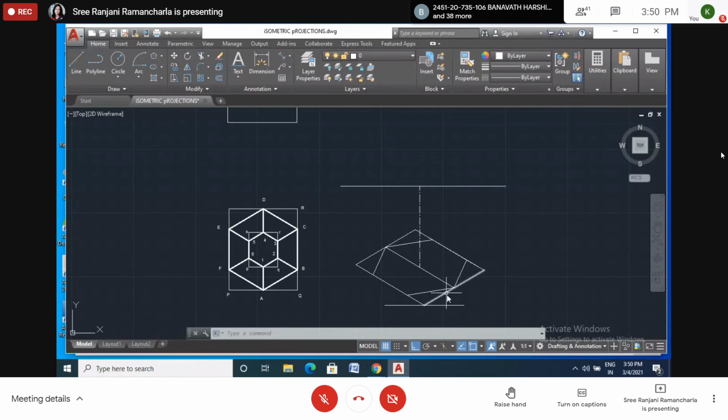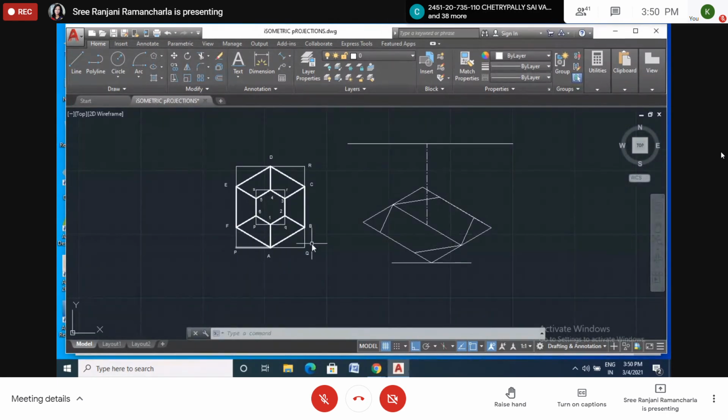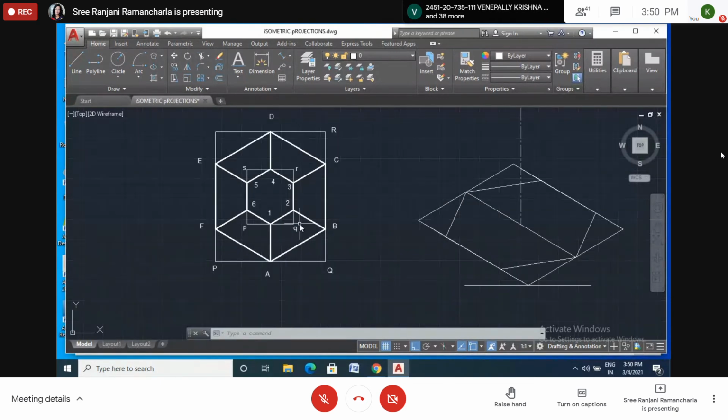line is at 30 degrees. So we have to draw this line from here. How much is this one? Half of this one. This is a shorter direction, and this is also a shorter direction. So we have to measure half of this, from the center line, since the axis line is passing through it. The axis is passing through the center of this one, and for this one also. So we have to measure that much length. Then later we can draw the other side or you can extend.